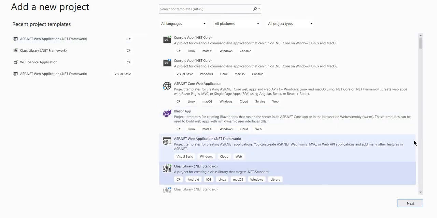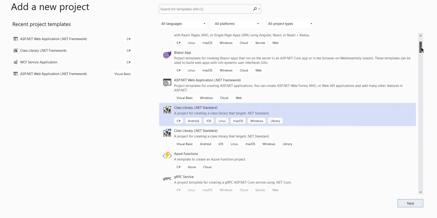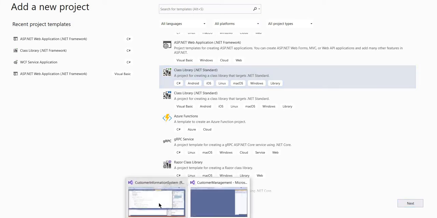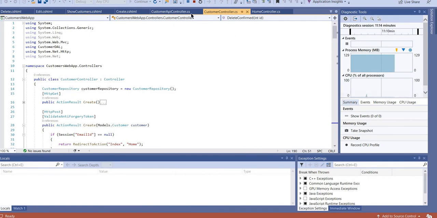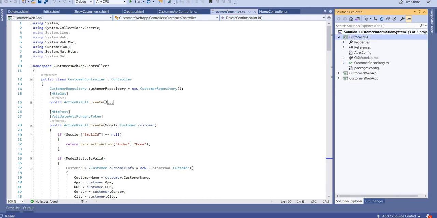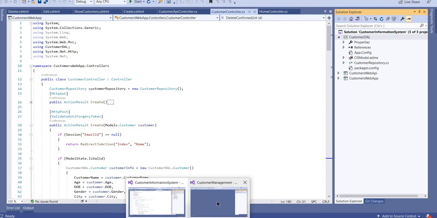Okay, fine, class library. Let me stop this project. So this is my class library. You can give the name customer DAL.